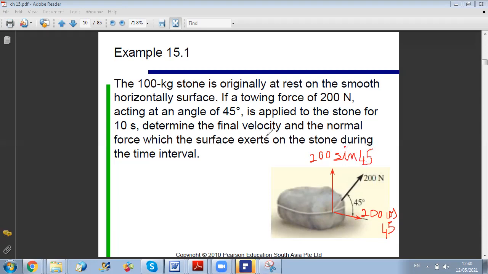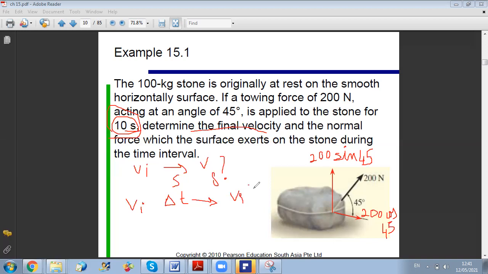Now, concerning the question, we want to find the final velocity, knowing the interval of time. If you remember, in work and energy, if you know the initial state and the distance s of motion, you can use work and energy to find v final. Here, in impulse and momentum, instead of giving the distance traveled, they give you the time interval. So when you have v initial and the time delta t, you can think about using the principle of linear impulse and momentum to get v final.